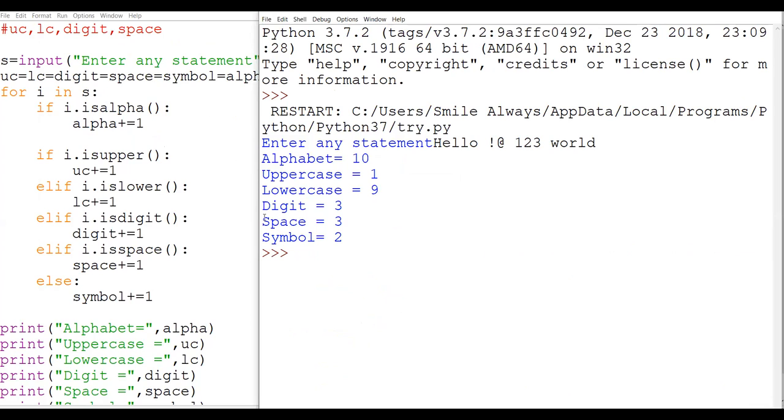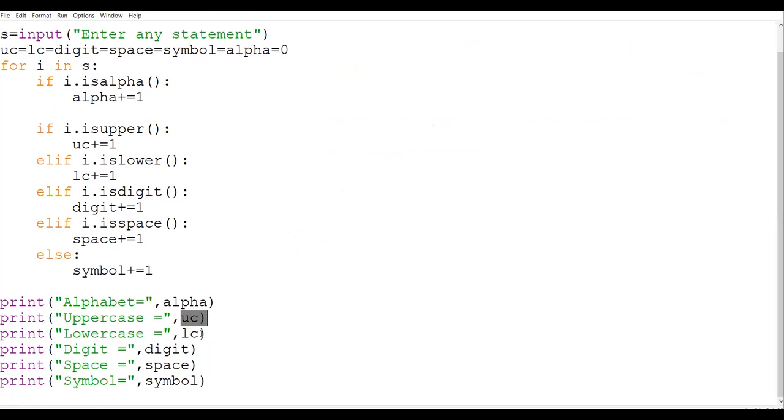Ma'am, we can also add the value of uppercase and lowercase. How to add the value? Ma'am, if we add the value of uppercase and lowercase. Okay, that logic you can also apply. Once you are out over here, instead of printing alpha, you can write UC plus LC. That will also work, because the alphabet count will be nothing but the total number of uppercase plus the total number of lowercase. Okay, that also you can do. Anyone, any other doubt?